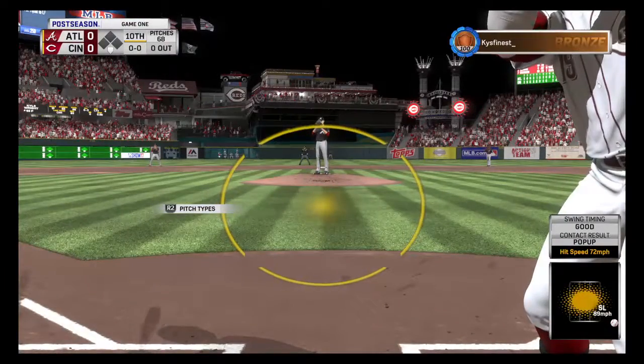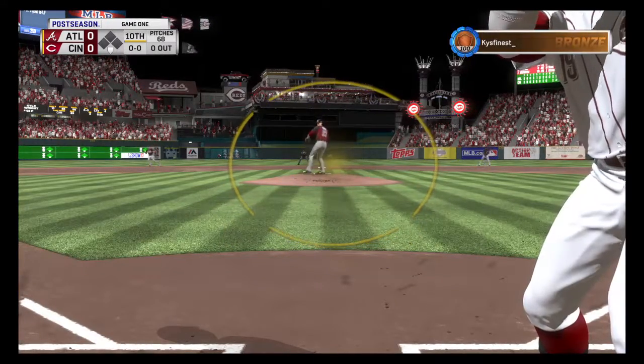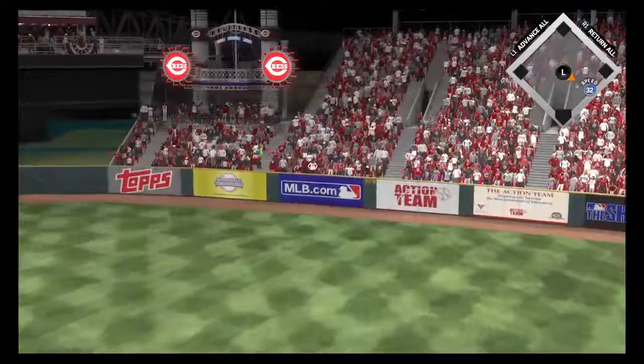Now action in the bullpen as their closer starts to get loose out there. Ready with the first pitch. Here it comes. Now a drive to right field. This could do it. Game over. Walk-off